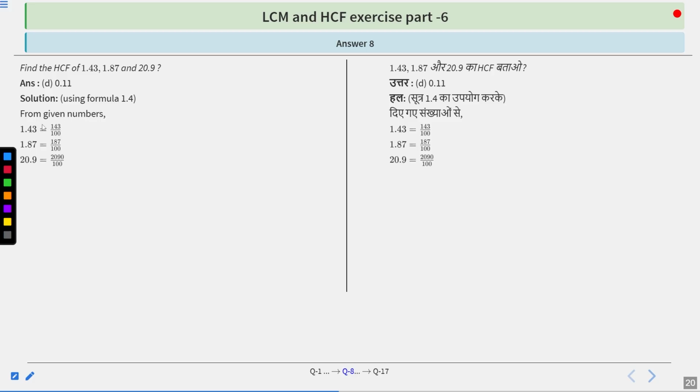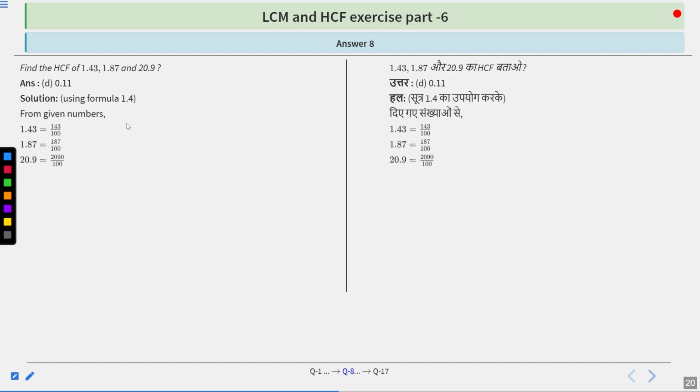Now, we have 1.43, 1.87 and 20.9. 1.43 can be expressed as 143 upon 100. 1.87 can be written as 187 upon 100. And 20.9 can be written as 2090 upon 100. So now we have